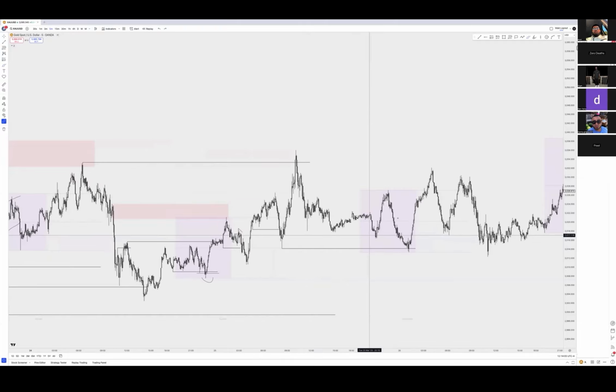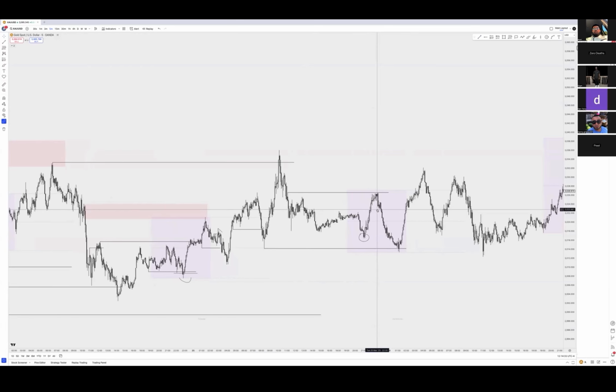But before it takes it out is the important part. So you can see it comes all the way to the extreme, right? Comes into this low right here. And then you get this bullish move out of there, taking out these highs, right? All these highs right here, inducing buyers, okay? And then you got that right there.